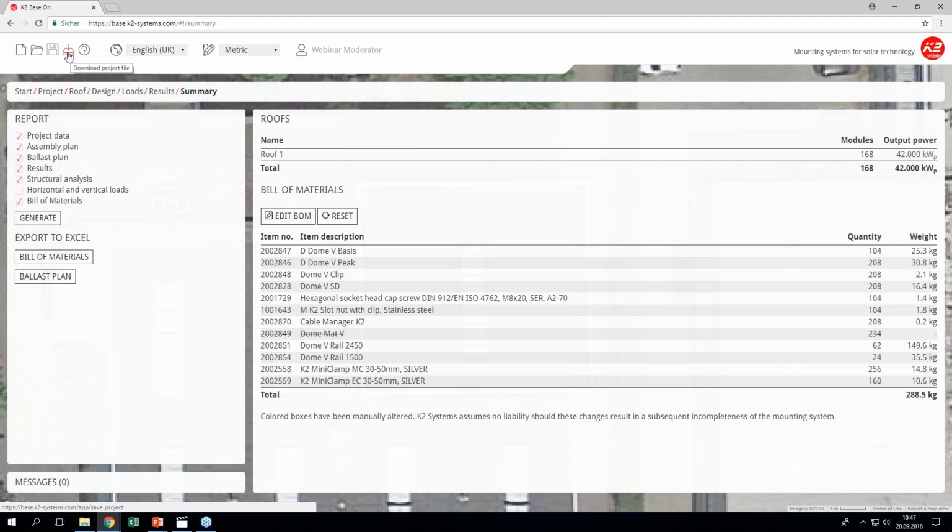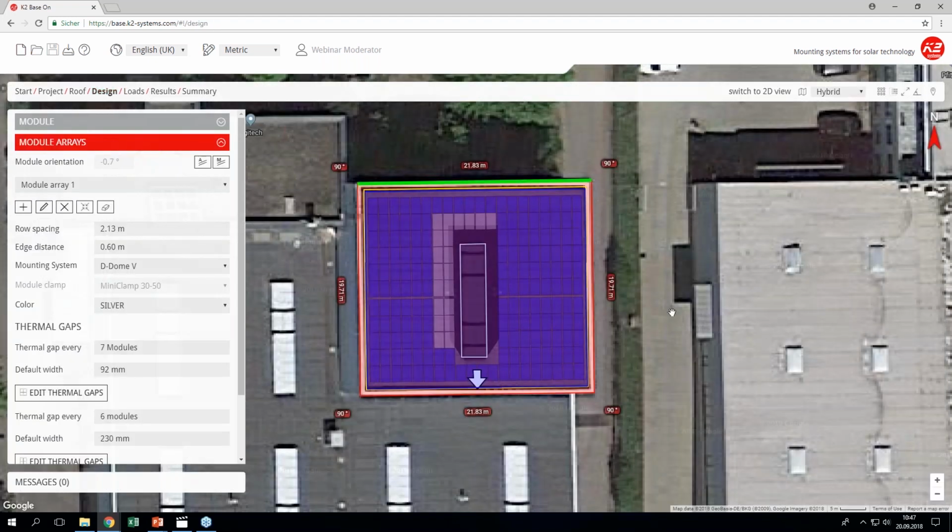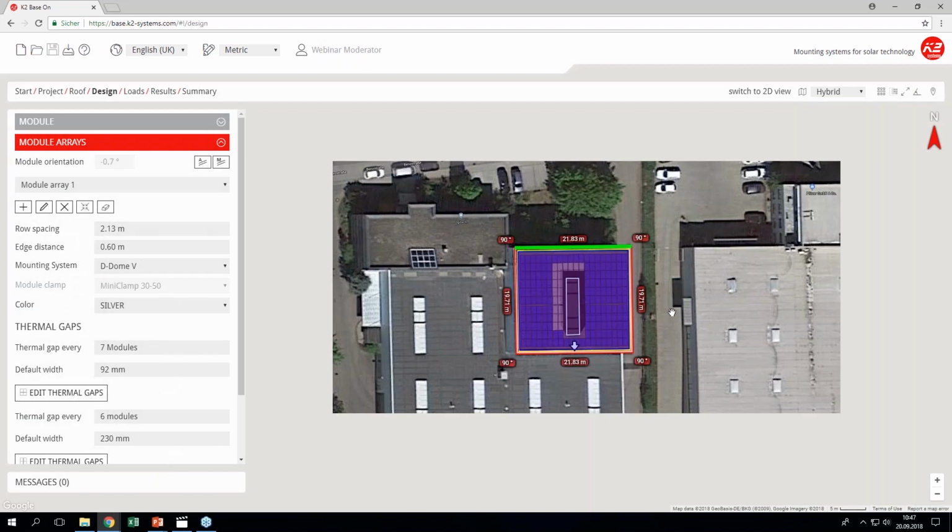Okay, we have a good question. The question is how to change module orientation. I will show you that now, but first I give you the information that my edited bill of materials will be reset as soon as I do some changes in the project, which I will do. So I go back to design,